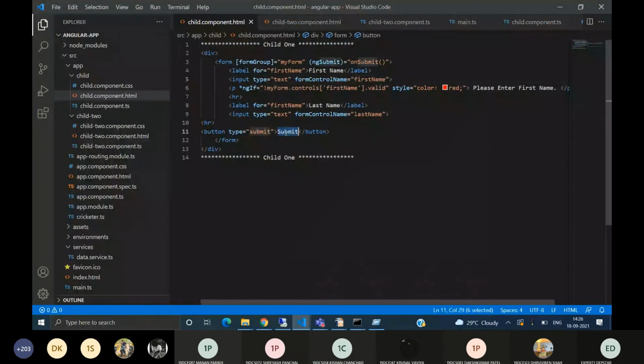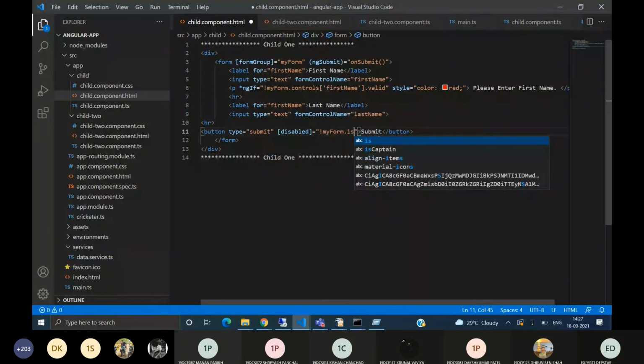And for the submit method, we can call the disabled property, and we will bind it to myForm.valid.